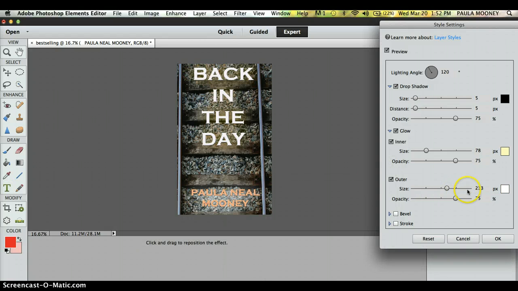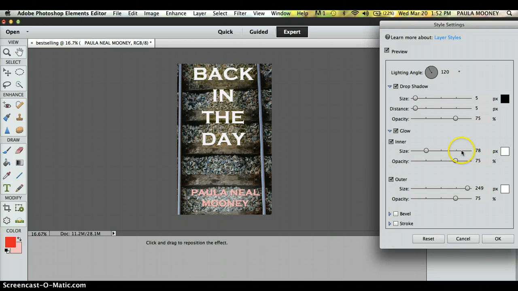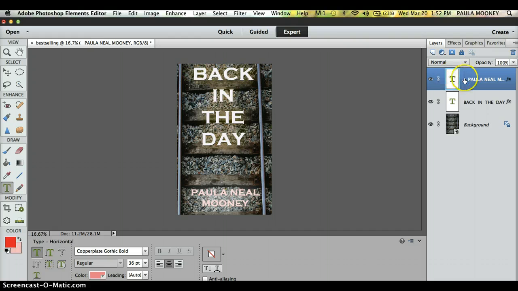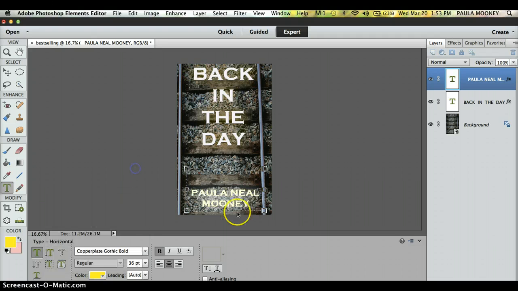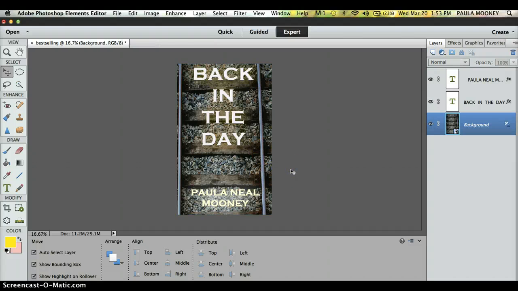So I'm just doing the same things we did before. Selecting the color, selecting white. Give it a better glow. It's becoming a little bit more defined. But let's go back to that text box, and you notice over here I'm still on my author name. I'm going to highlight that again, and instead of red, let's make it yellow. A little bit better. So there we go. It's a simple cover,